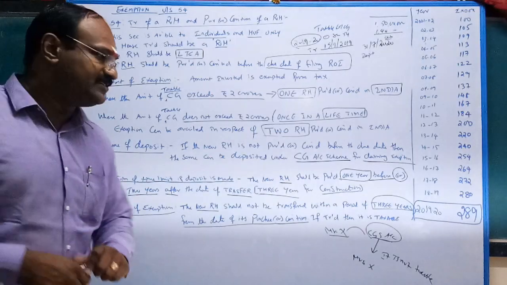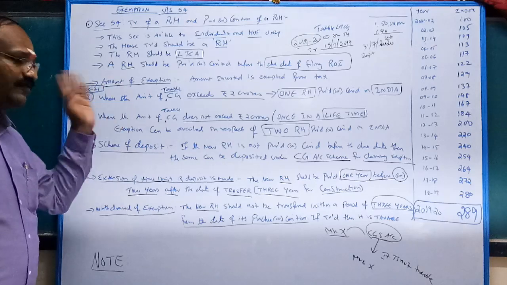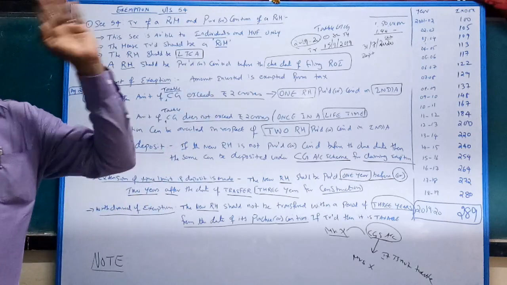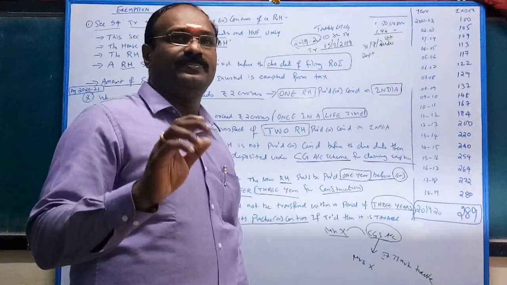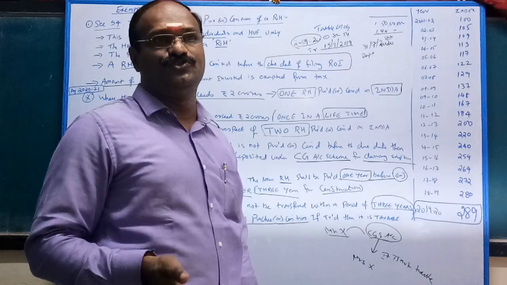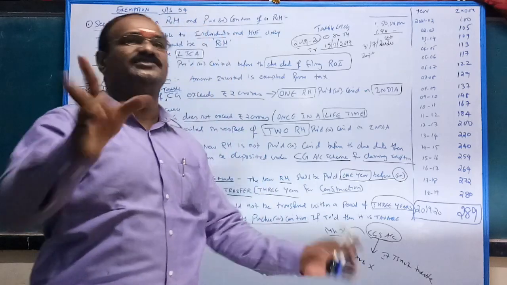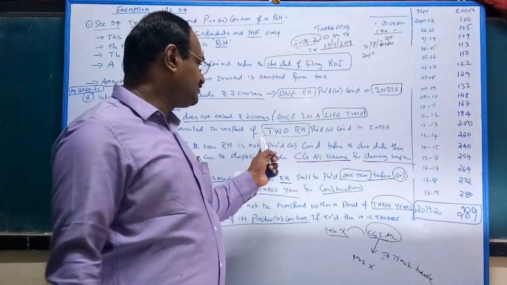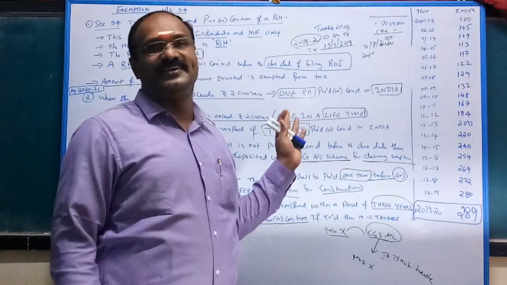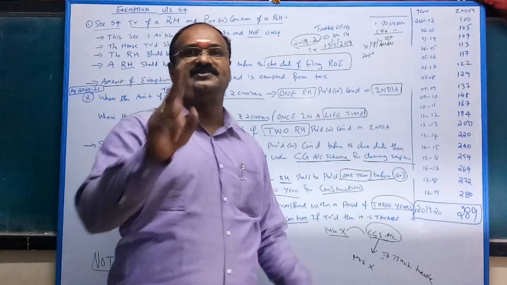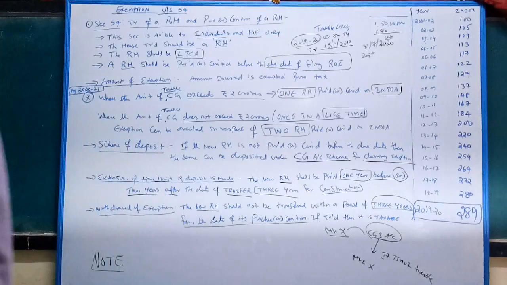The very important point here is the amount of exemption. Suppose the amount of taxable capital gain exceeds 2 crores, you have only one choice, that is you have to purchase only one residential house. But if the taxable capital gain does not exceed 2 crores, you have an option to purchase 2 residential houses or construct 2 residential houses. Provided, for this section only, you can do so once in a lifetime. Once you opt now, you cannot claim once again. So in your lifetime you can purchase 2 residential houses. Okay, any doubt? Make note fast.